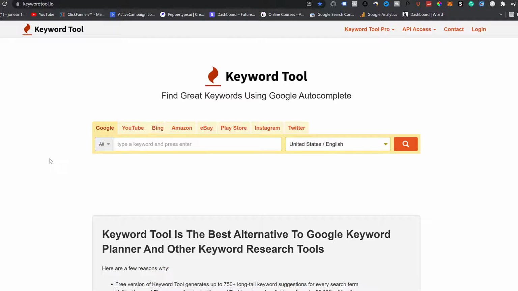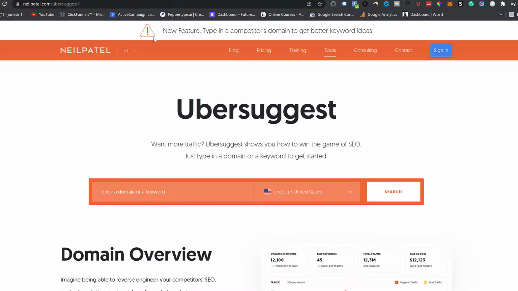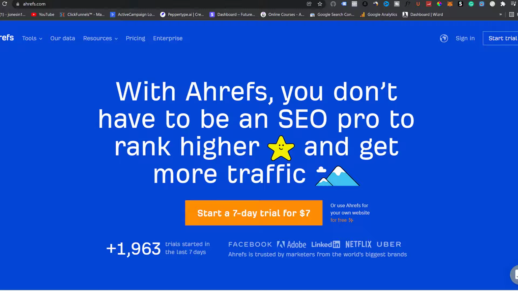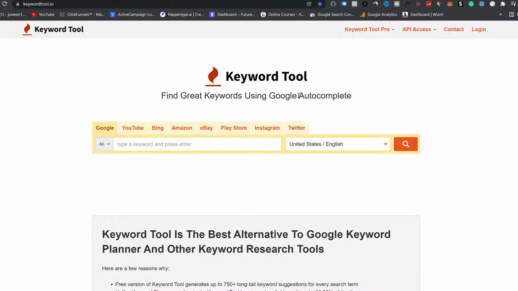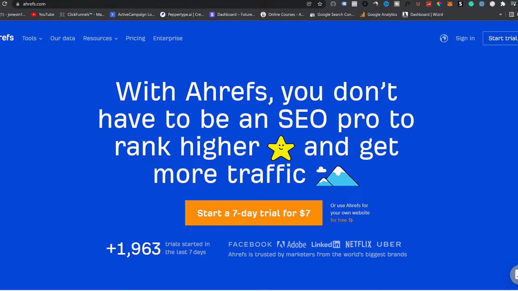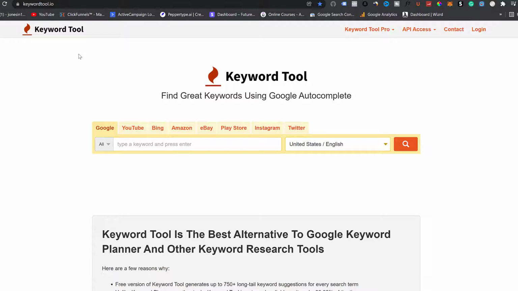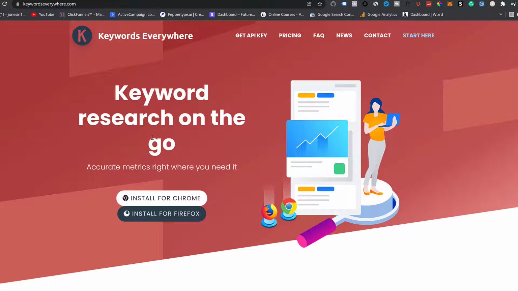The next tool is keywordtool.io. Now, this is, again, just like these other websites that I'm showing you. Keywordtool.io is just another keyword tool. They have a pricing plan, and it's an option. All of these tools generally do the same thing. Some do have their cons, some have their pros over the other websites, but just understand that keywordtool.io is another resource for you, as well as Keywords Everywhere.